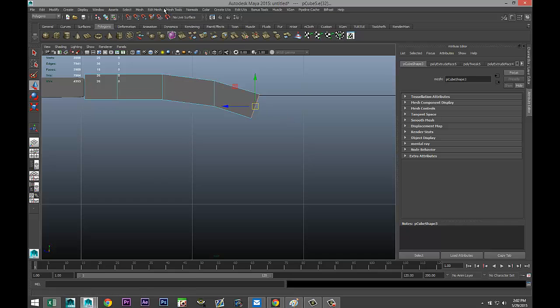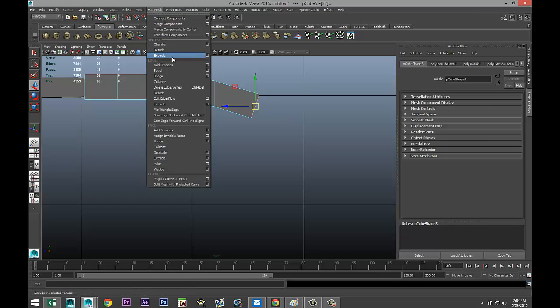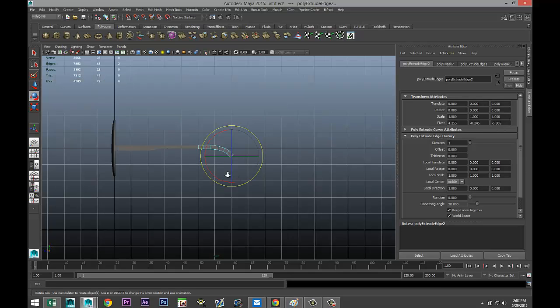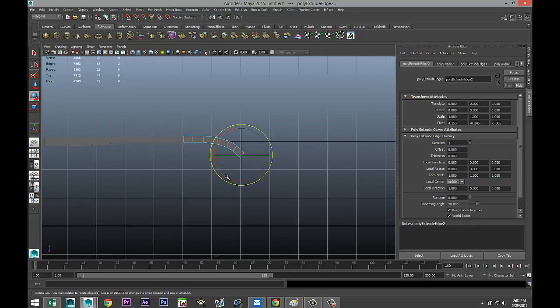And we're going to go to Edit Mesh, Extrude under Edge. Hit W, bring that out. And again, rotate it a little bit. G to repeat, W to pull out. And E to rotate it a little bit. Let's see where we're at. Okay, a bit more. E to repeat, W to pull out,